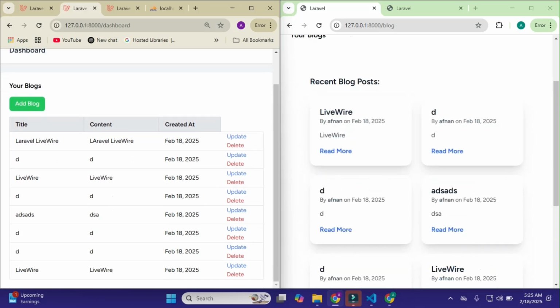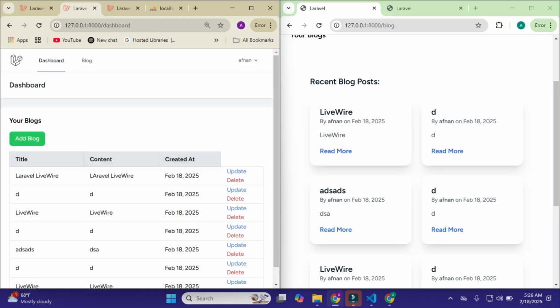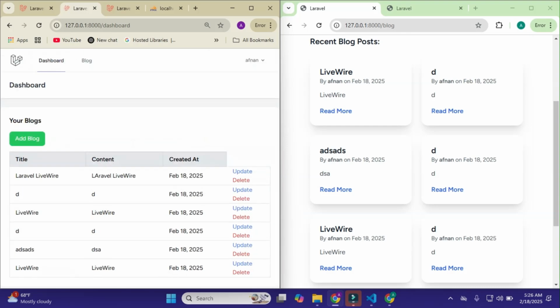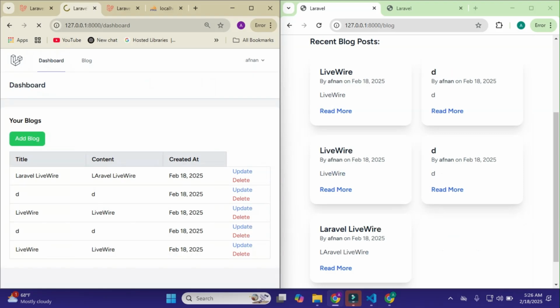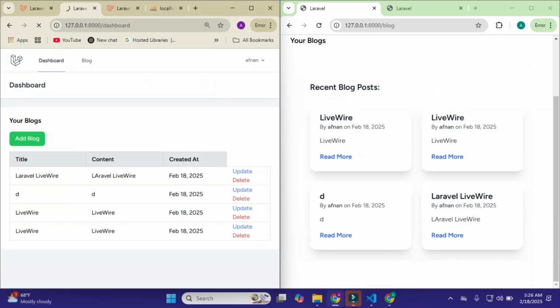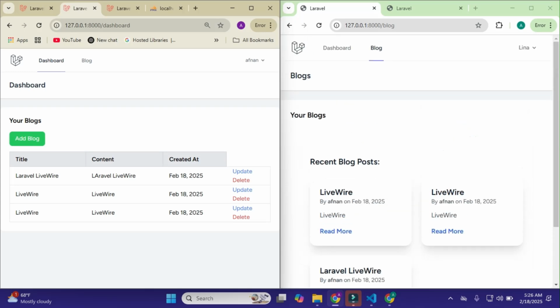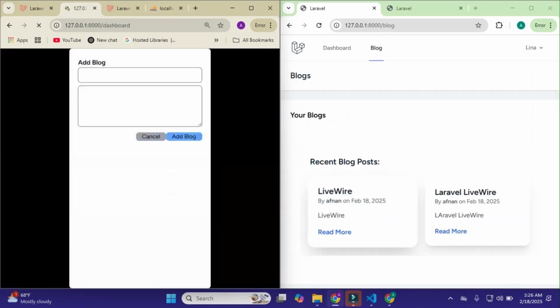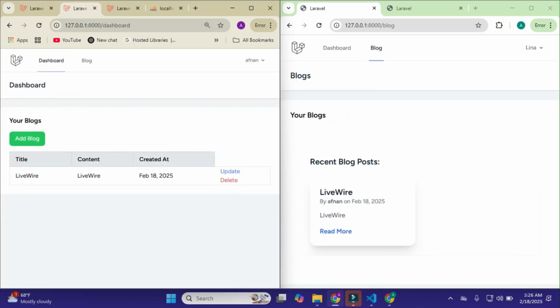So when I click on this delete, it will remove my blog instantly in real time. That's how we can delete the blog and it will show me instantly in real time.